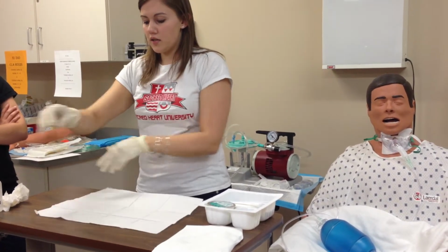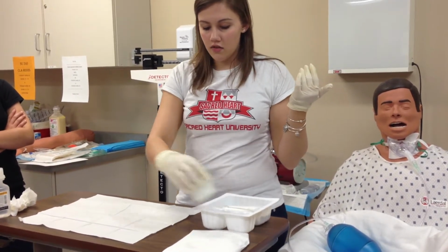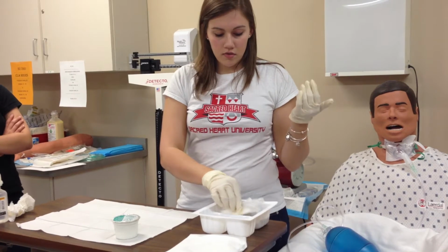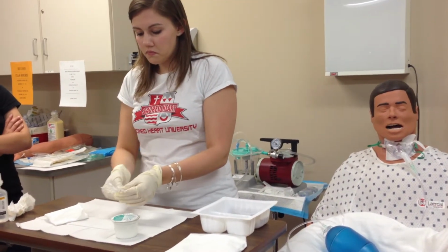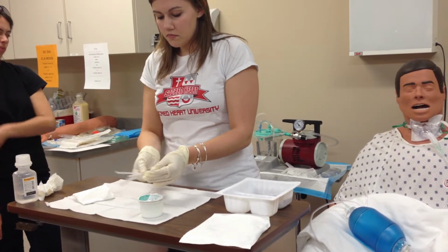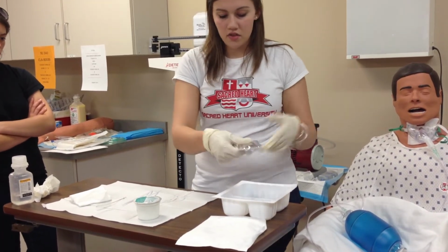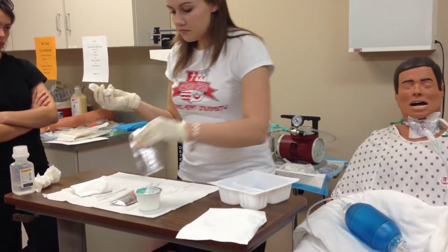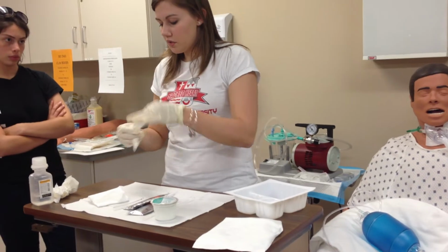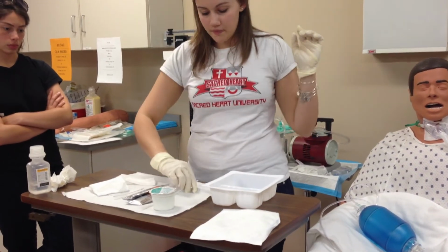So this is just to set up your sterile field. And I just like taking everything out so I know what I have in here. Again, I would take in an extra pair of gloves just because these are really uncomfortable, and it's easier if you're in a pair of gloves that you're comfortable in. So then what you're going to do is